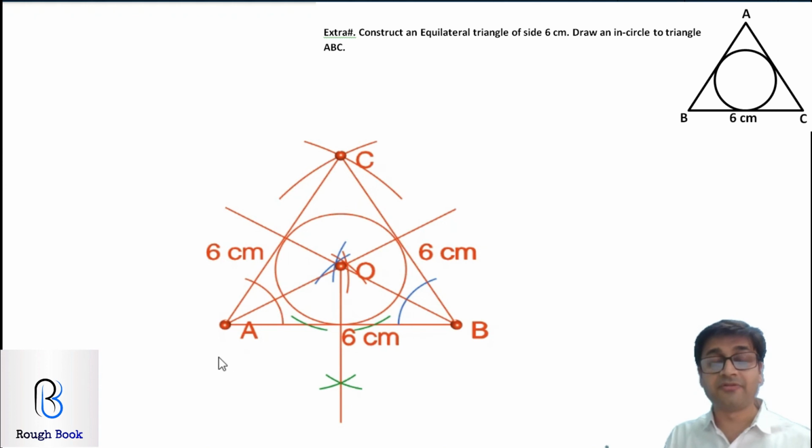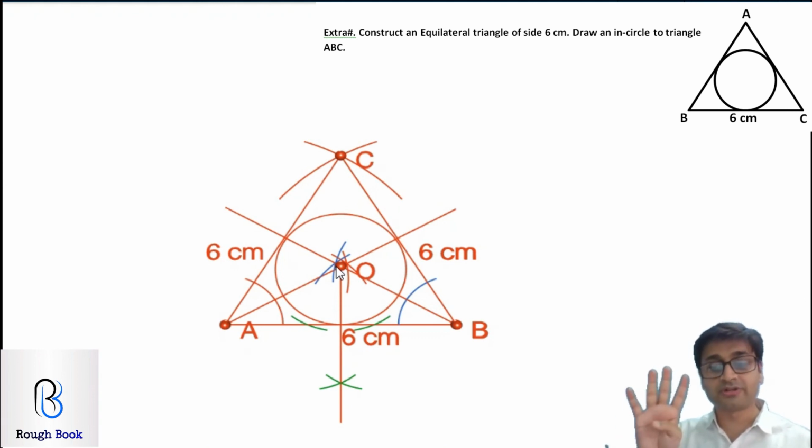Again, incircle, very difficult to get an accurate incircle. Most of the children don't get it. Either it doesn't touch here or it goes outside. So the cheating method: find your exact incenter by shifting your compass somewhere close to this point. Wherever you get all three sides touching, draw a circle from that point. Extend this point O so that the center is not seen and your incircle is ready. I hope you get it.